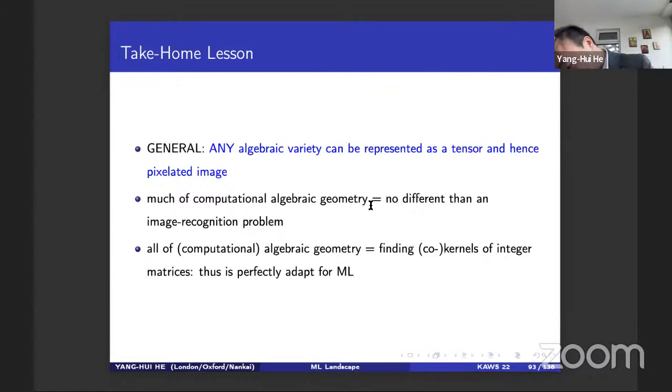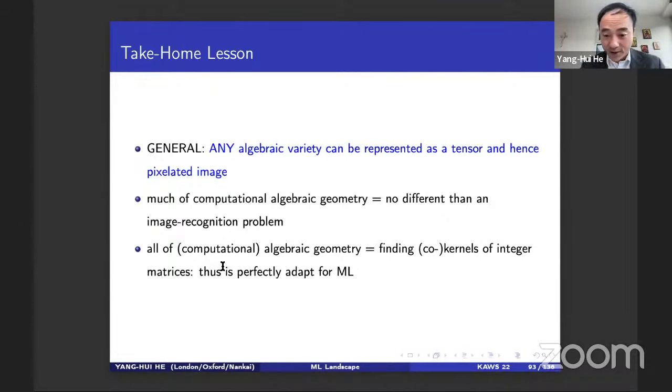And if you look at these databases, it's an image processing problem, precisely because all of the input features are some kind of tensor. It's an integer tensor if you just want to keep degree, and it's some complex tensor or real tensor if you want to split real and imaginary parts, right? Intuitively, you would expect that this is possible because in all of computational algebraic geometry, every single step in every single subalgorithm essentially boils down to finding kernels and co-kernels of integer matrices. Why do I say that? It's because